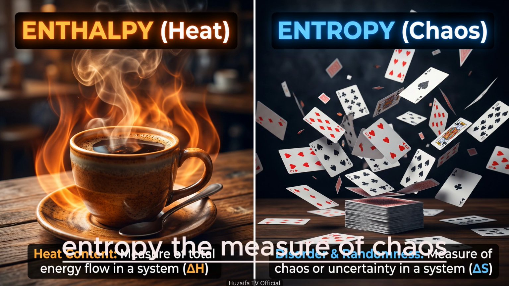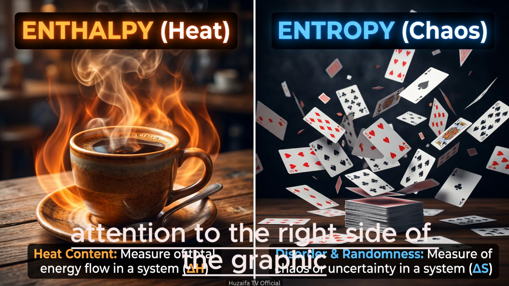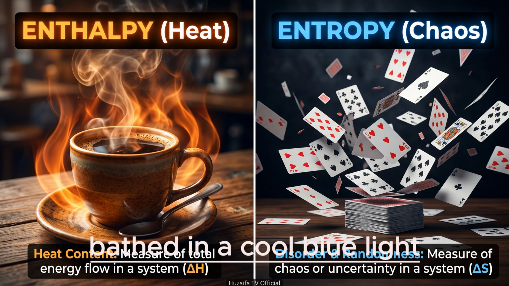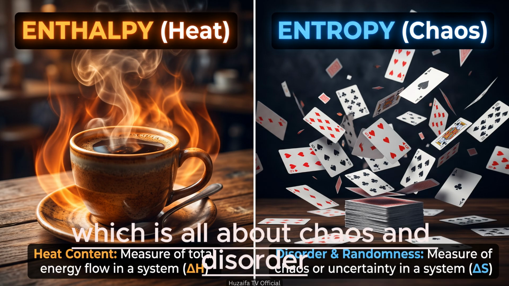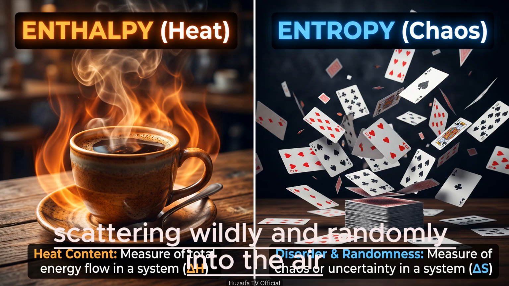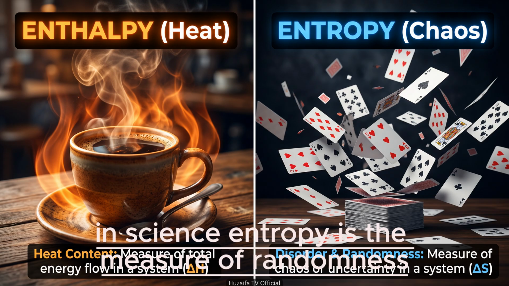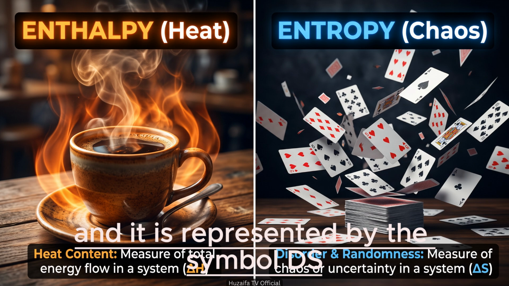Entropy, the measure of chaos. Now, let us turn our attention to the right side of the graphic, bathed in a cool blue light. This side introduces entropy, which is all about chaos and disorder. You see a massive explosion of playing cards scattering wildly and randomly into the air. In science, entropy is the measure of randomness, disorder, or uncertainty within a system, and it is represented by the